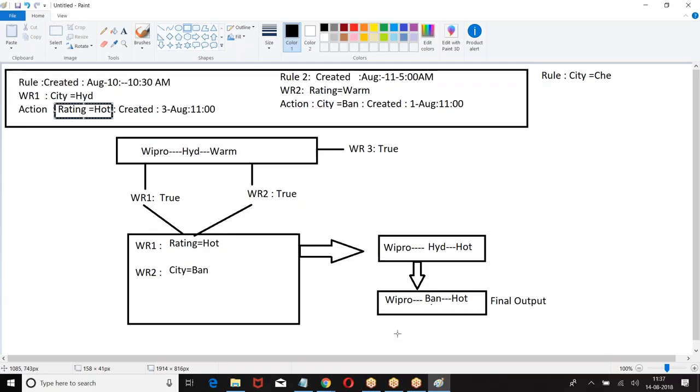Right, boss? So what was the condition? When you have multiple workflow rules defined on the same object, check all the rules first. After checking all the rules, whichever the rules are true, perform their actions as per the order of workflow rule created date. I hope you are good with this. Clear? Let us go to the next one.